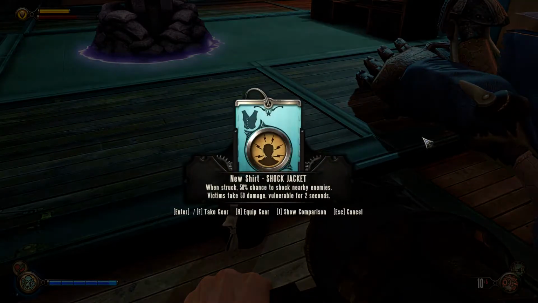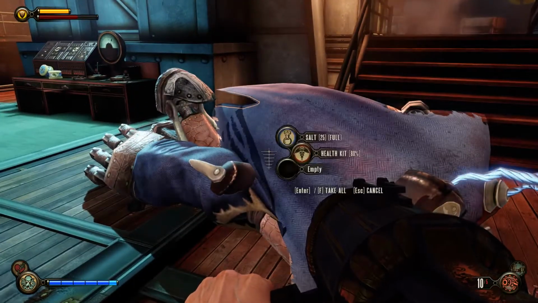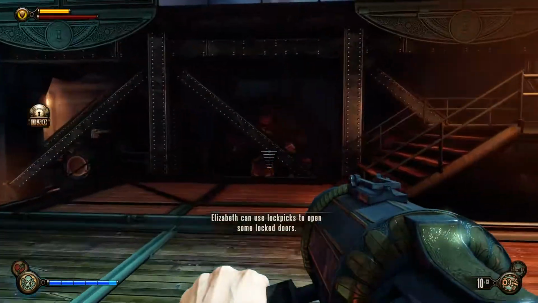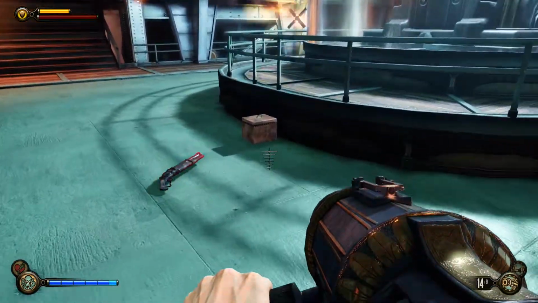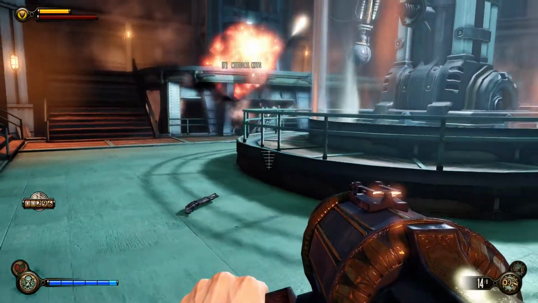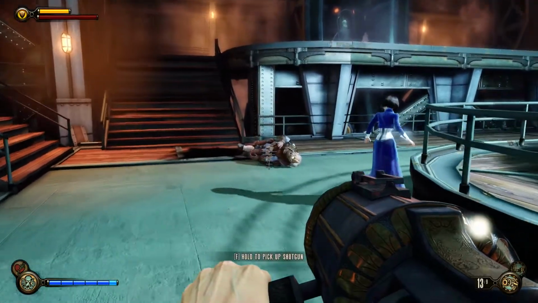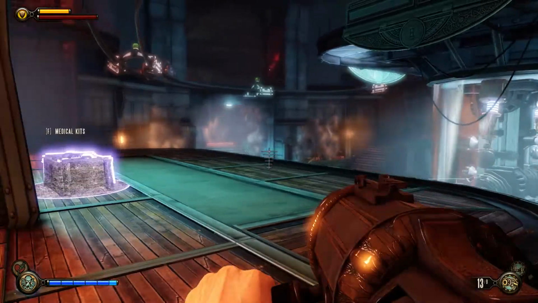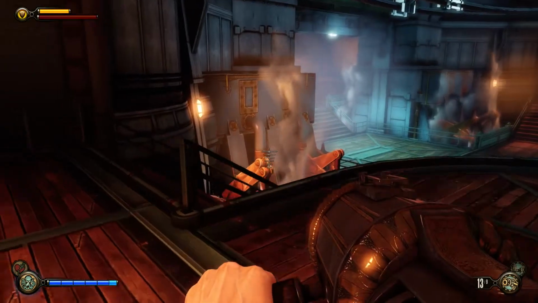Alright, we got some gear from this guy. We got the shock jacket. When struck, Fisher chances to shock nearby enemies, blah blah. More volley gun ammo and lockpicks over here. Now the only bad thing is I can't really knock people off of this ship when they're inside the ship like this, so...